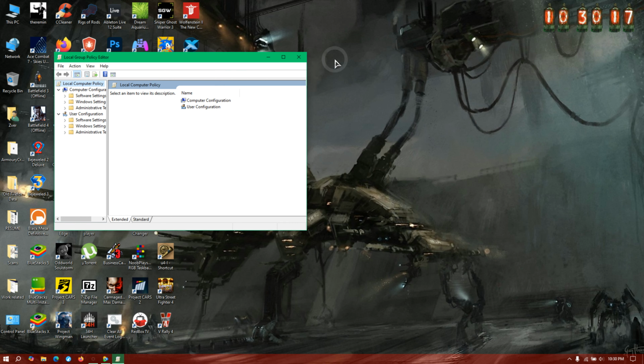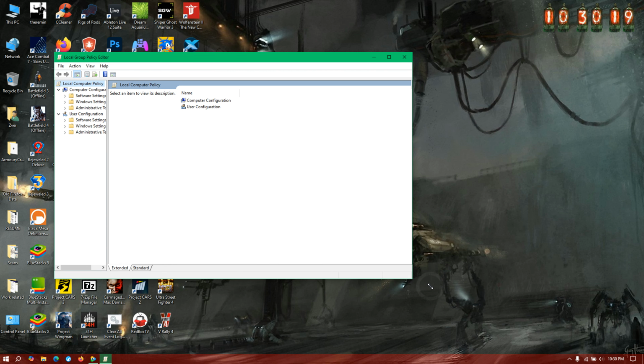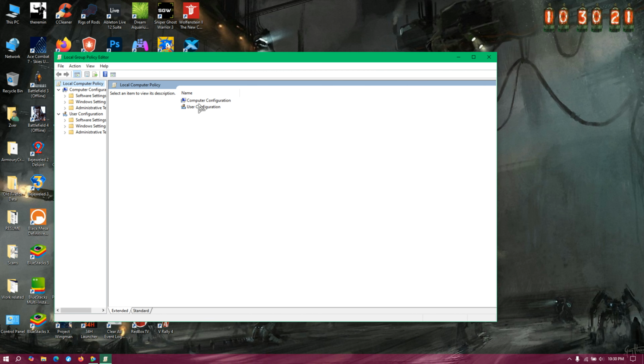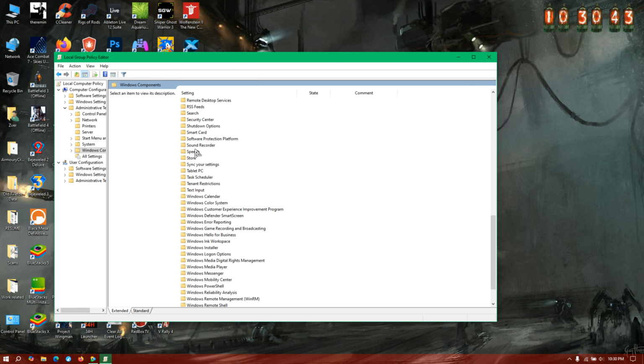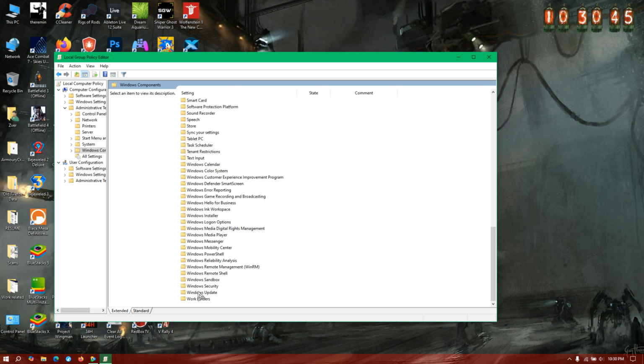So what you're going to do is click on computer configuration, and you're going to go to Windows settings, or I'm sorry, you're going to go to administrative templates, and then you're going to go to Windows components. Then you're going to scroll down to Windows Update,